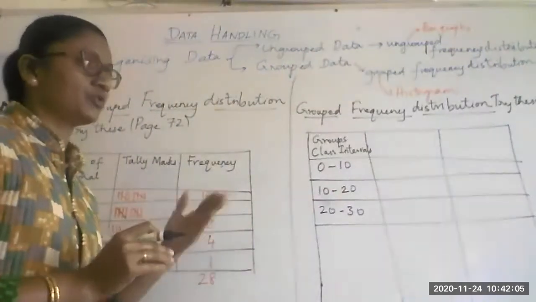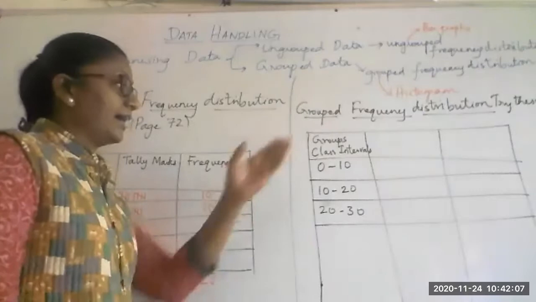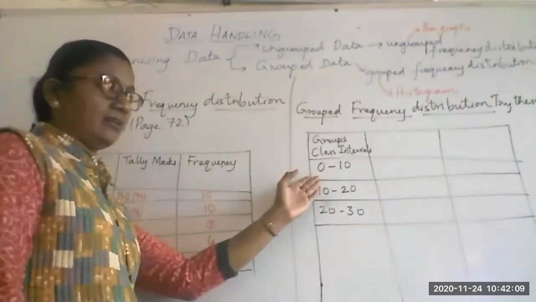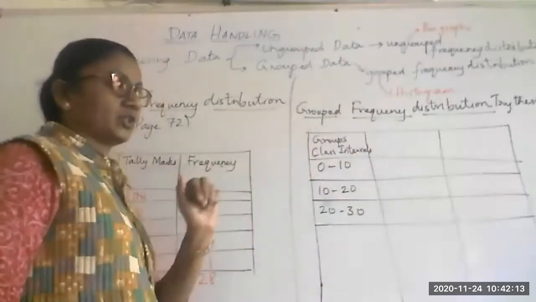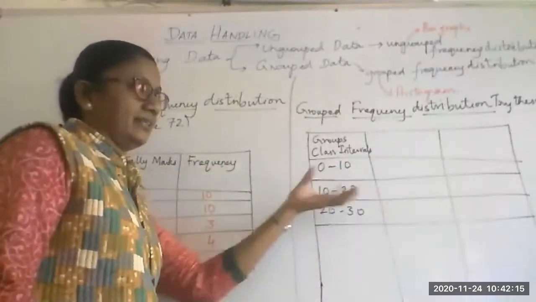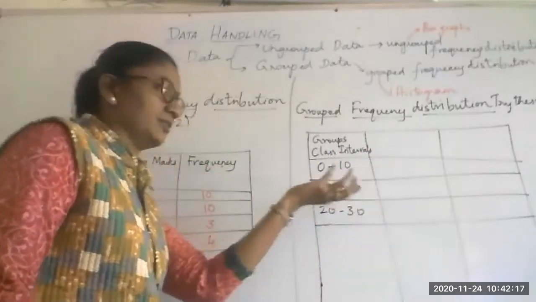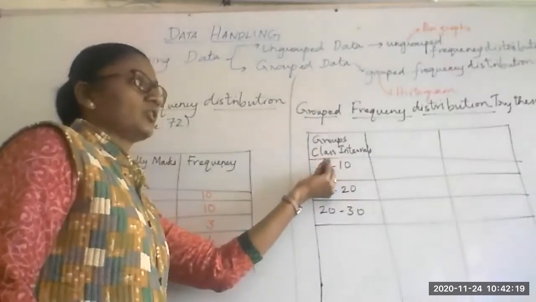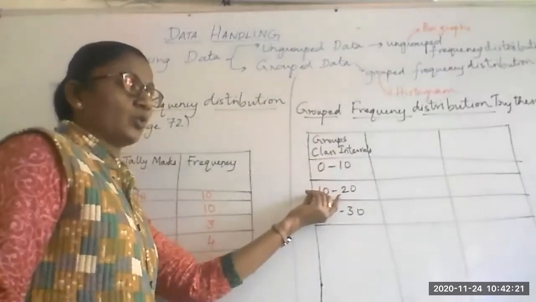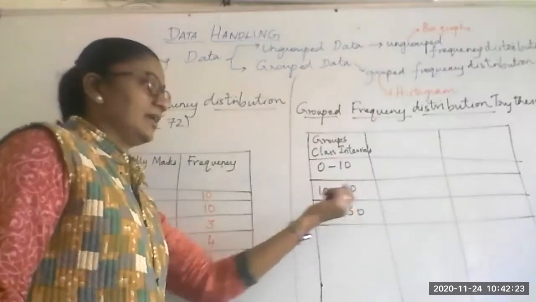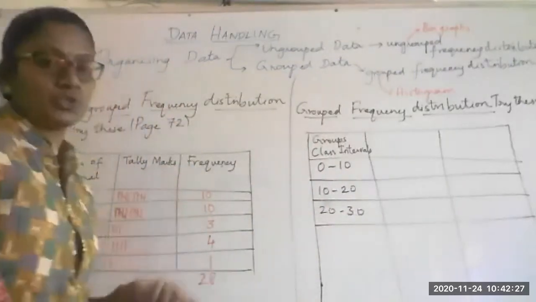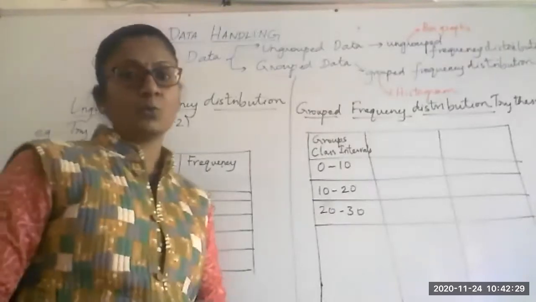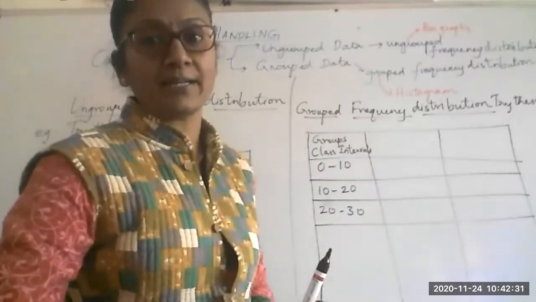How many more groups do you think I have to make? I know the first group is 0 to 10. All children who have scored between 0 and 10 will come and sit in this group. Then I said 10 to 20 because I have some equal distribution. If 10 scores are taken as one group, the next 10 scores will be between 10 and 20. Then it will be 20 and 30. Like this, how many more groups do you think I have to make? Who will tell me how it is to be made?